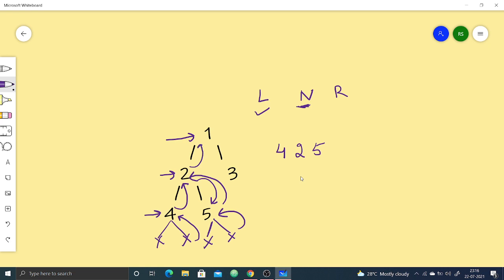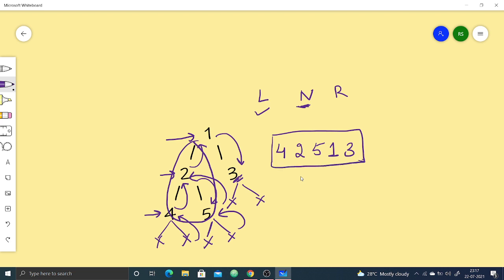Now, it returns back to this and for 1, we have completely traversed its left subtree. Okay. Now, we will simply print the node which is 1. And now, we will see for its right subtree which is here. Now, for 3, let us see its left subtree. Exists? No. Then we will simply print the node which is 3. Now we'll check for its right subtree. Exists? No. This was the in order traversal and all the nodes here are here also. So the traversal is complete now. Okay, so this is the in order traversal of a binary tree.